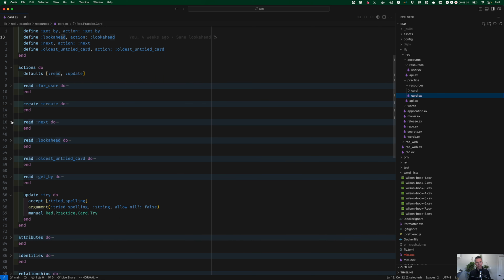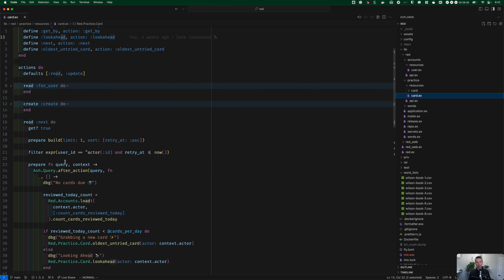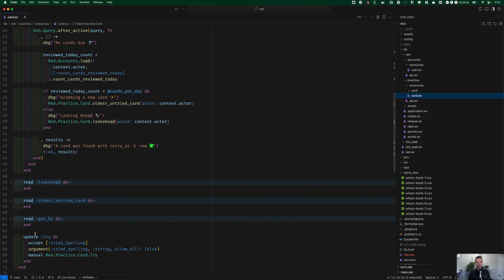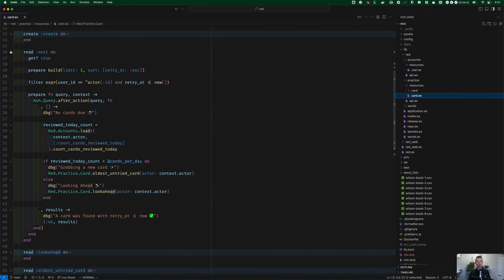So next is complex. It's got a lot of logic here, if statements and things, but what I like about it is that it's all